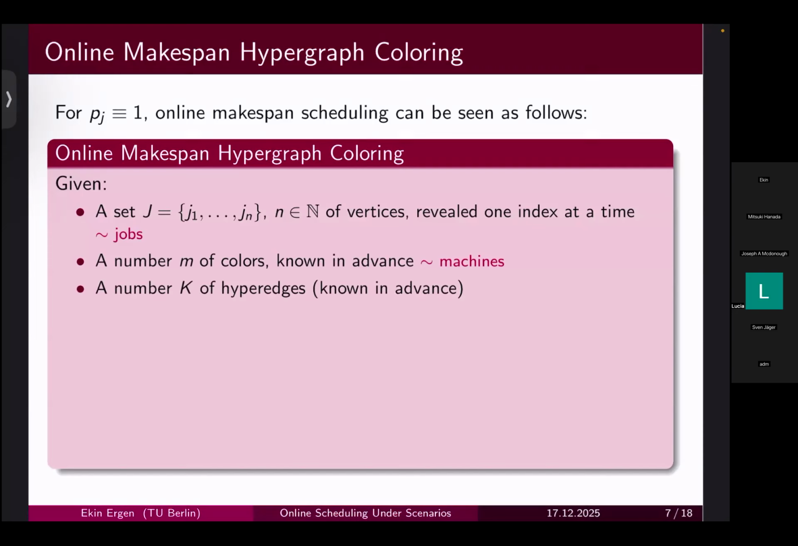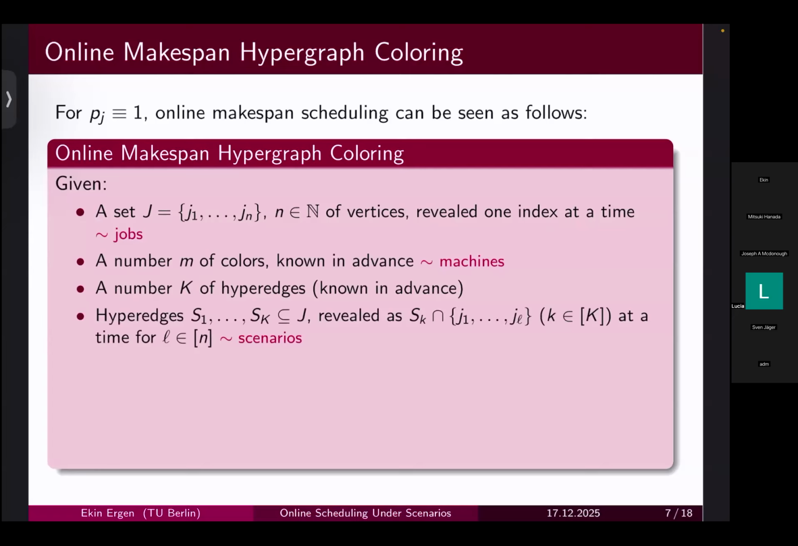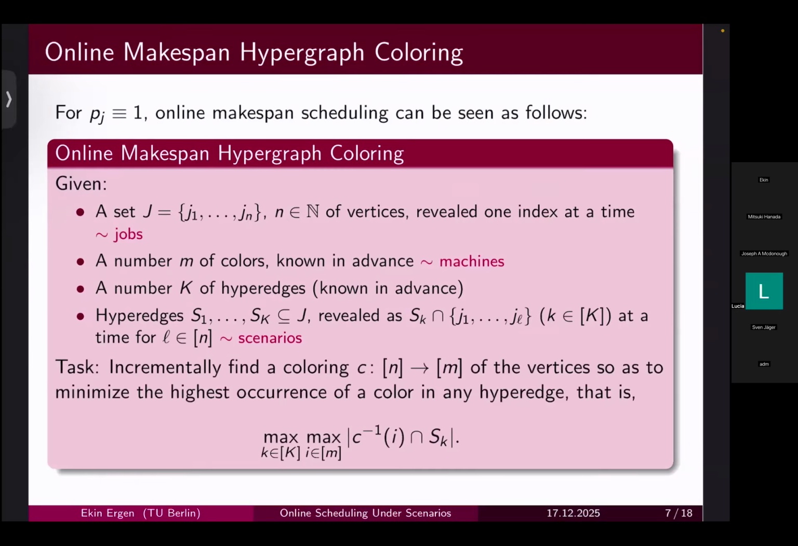And now we call our job subsets, the scenarios, hyperedges, which, if you're not familiar with hypergraphs, are basically like edges, but they're allowed to have size more than 2. And we know their numbers, and they're also revealed as the vertices are revealed, as the hyperedge restricted to the vertices that we already know. And now the goal is to find a coloring that minimizes the highest occurrence number of a color in any